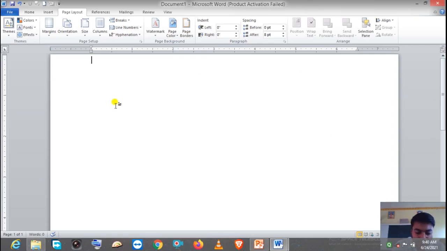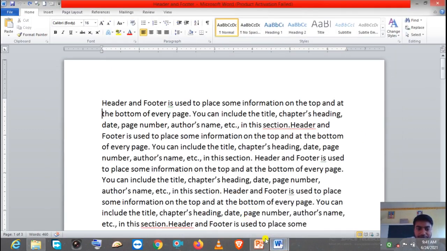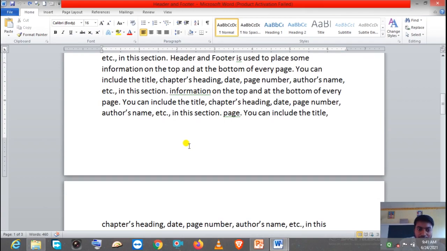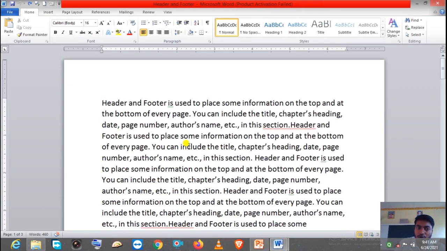Now I am going to write here. Whatever I am writing, the text is coming from the left margin and going to the right margin. As I told you, this is the left margin and this is the right margin. And whatever content you can see here, all are in one column only. But according to our desire, we can give the number of columns.